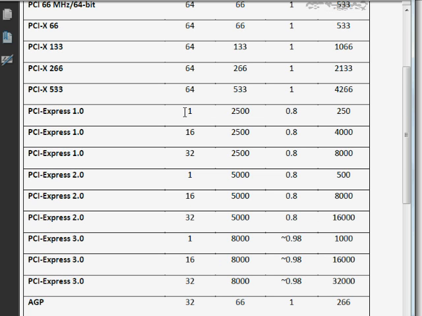So as I scroll down here, let's take a look at PCI Express. What do we have here? One puny little lane of traffic. And we have 2,500 megahertz and 0.8 cycles per clock, and then we would have 250 megabytes per second. But remember, that's only a single lane of traffic. But in terms of the electrical engineering of this and how engineers are able to make all of this work, it's actually much simpler. It could also result in cheaper devices than if we were to try to push this to an even further limit.